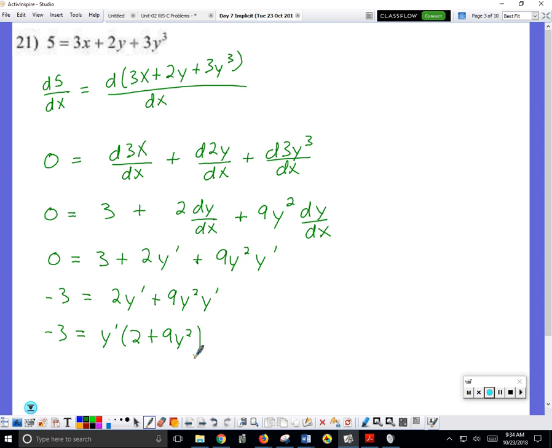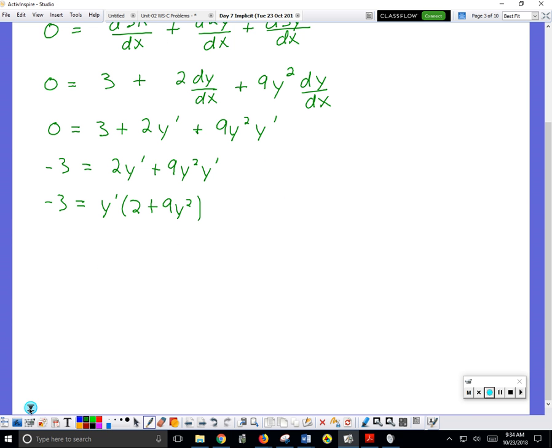Questions to there? So you leave it there when you have to move it to the other side. So now you have to move it. No, good question, Danny. So we divide both sides. Now we have an equation